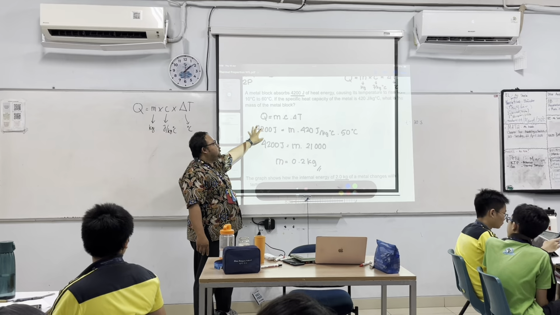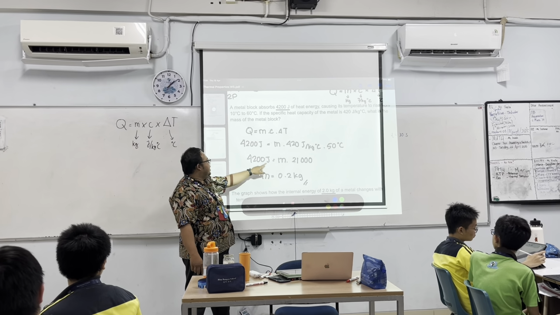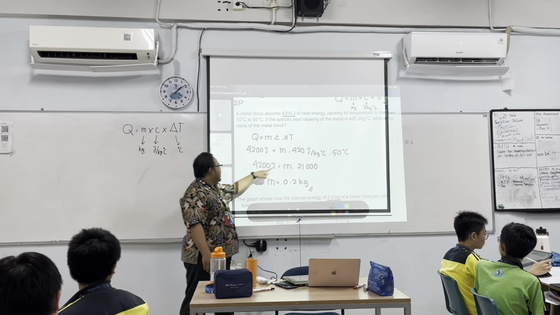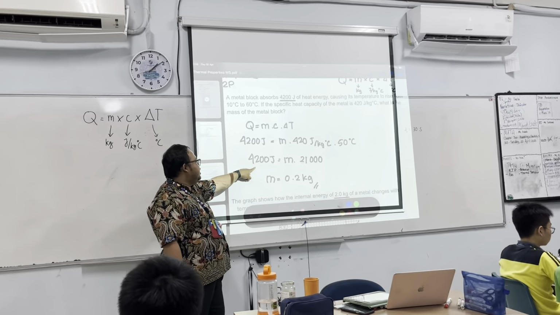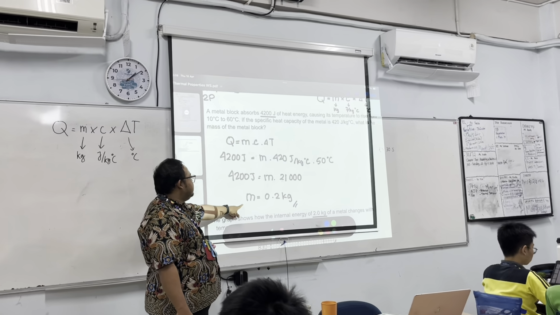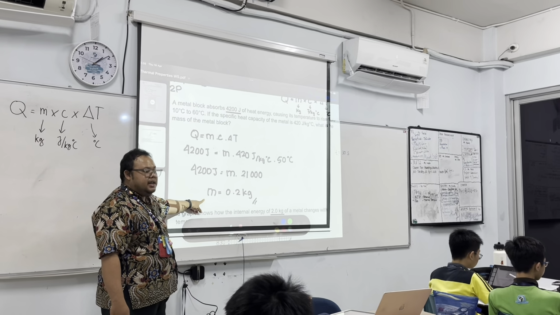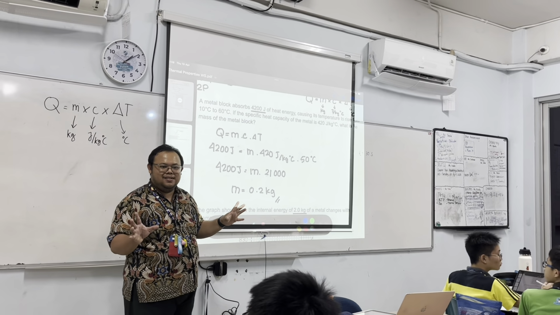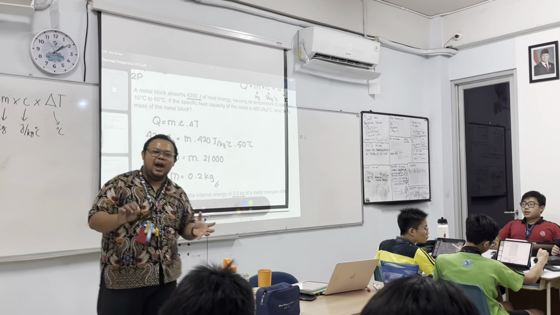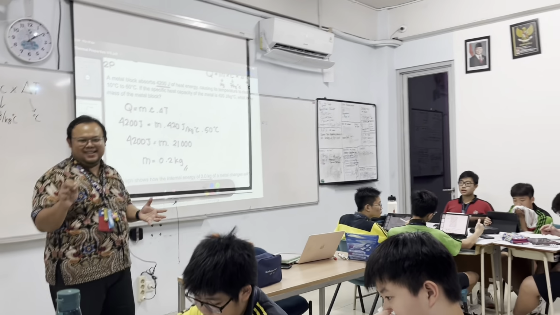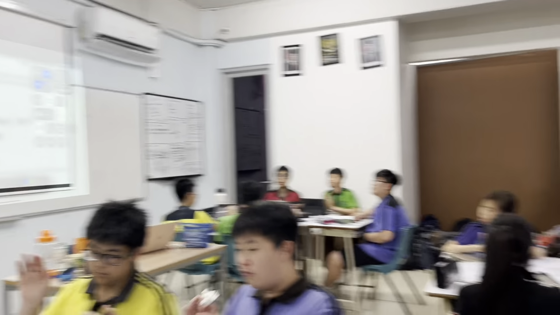And then how to find the mass, right? So you multiply, and then this is multiplication, and then move there, become division. 4,200 joules divided by 21,000. So the answer is 0.2 kilogram, right? In gram, how much? 200 grams. Yeah, we should practice how to convert the unit. Thank you, Olivia. Please give applause.